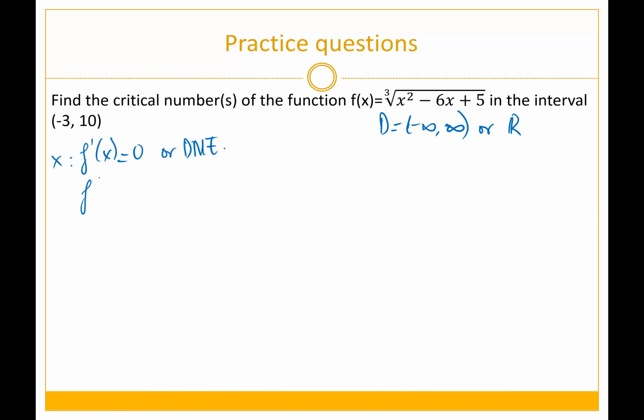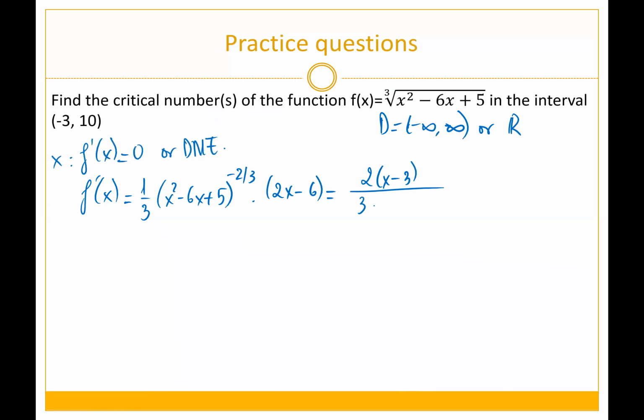So you have f prime of x is 1/3 times x squared minus 6x plus 5 to the negative 2/3 times 2x minus 6. So this one is where you have 2x minus 6 divided by 3 multiplied by the cubic root of this